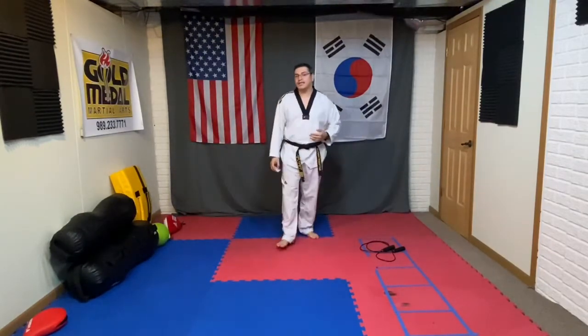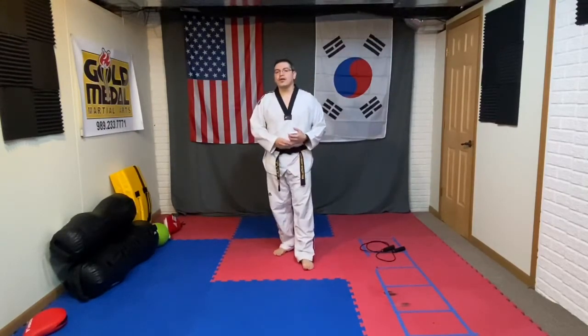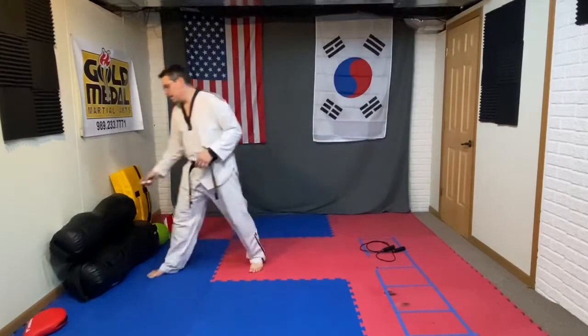Okay, now the idea behind that drill, again, repetition. It's not how many we did or how many that we get in that time frame. Of course, we don't want to go so slow that we're only getting in a couple of repetitions. We want to keep doing a lot of them over and over and over. But in 20 seconds,